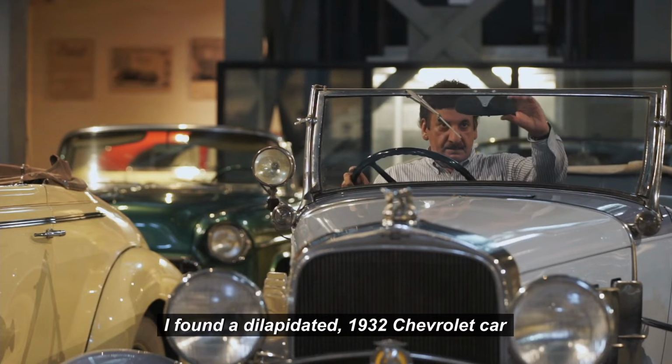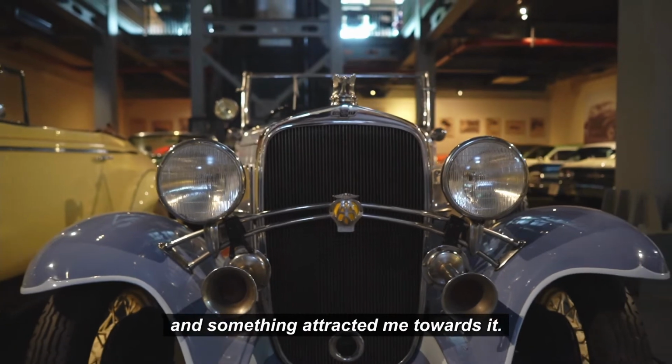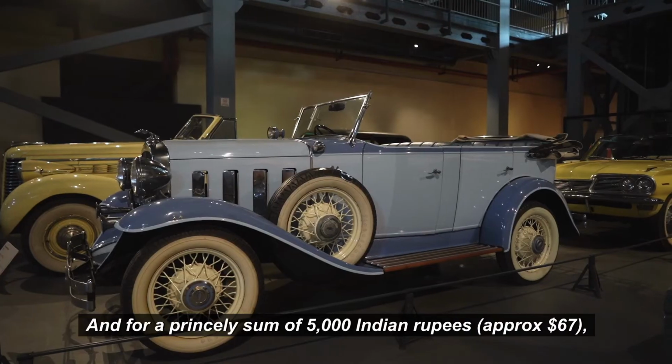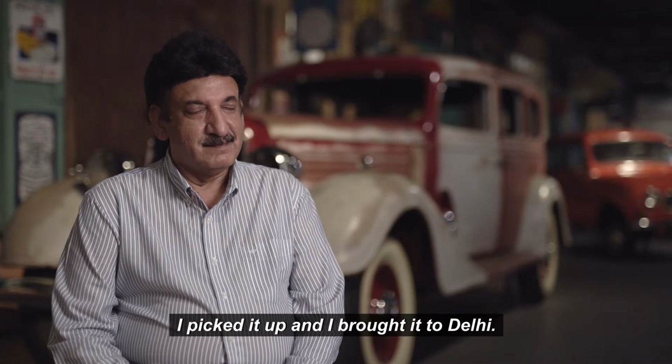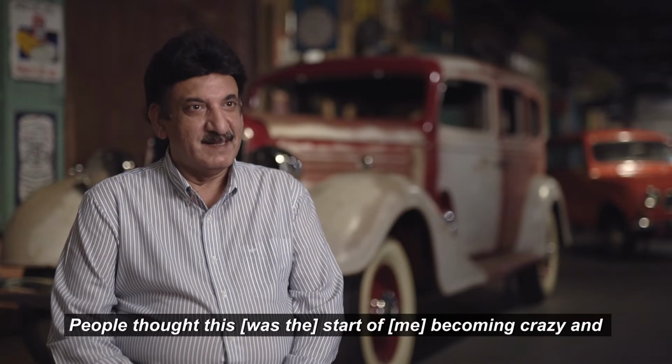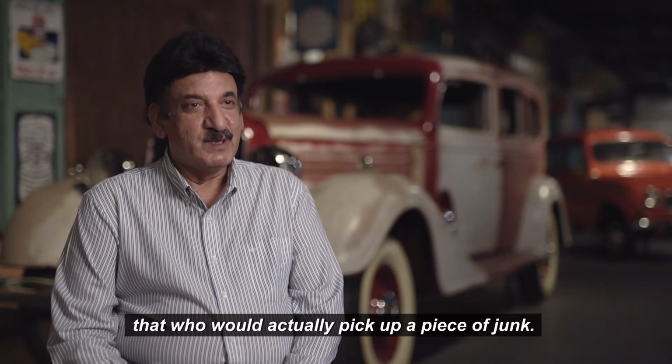I found a dilapidated 1932 Chevrolet car, and something attracted me towards it, and for a princely sum of 5,000 rupees, I picked it up and I brought it to Delhi. People thought this was the start of becoming crazy, and I'd gone crazy, that who would actually pick up a